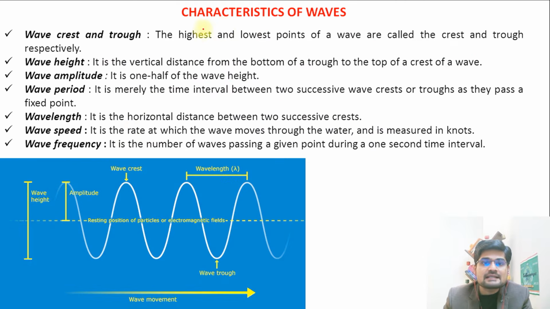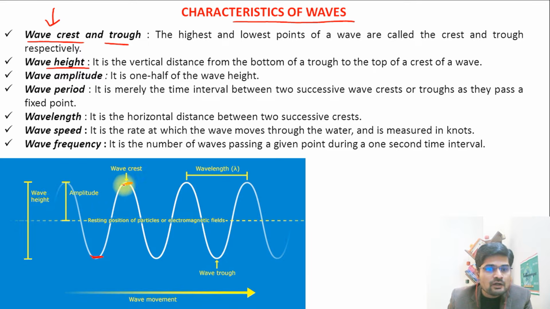So in order to understand the characteristics of the waves, we must understand all these points. So look here, it is wave, crest and trough, which we have already discussed. So this is the trough and this is the crest part in this image, if you can see. Then what we have is the wave height. Now remember, from this crest, this top part, to this bottom line, this is the entire distance, right? So this is called wave height. A wave height is the entire height from the crest to the bottom trough,